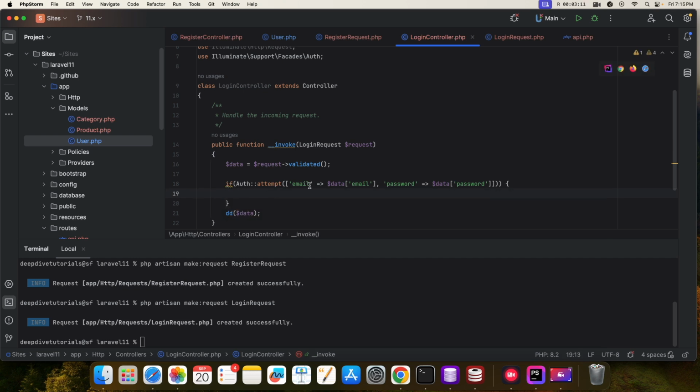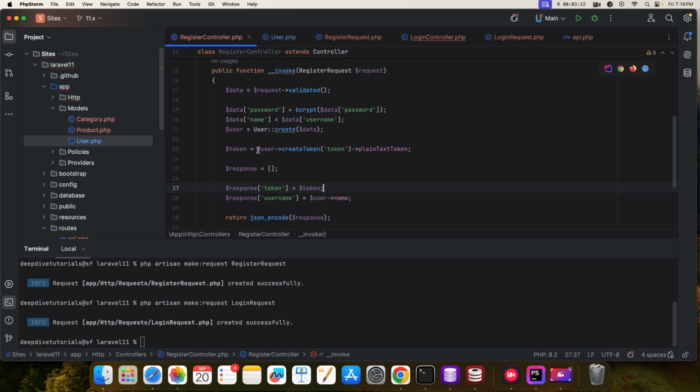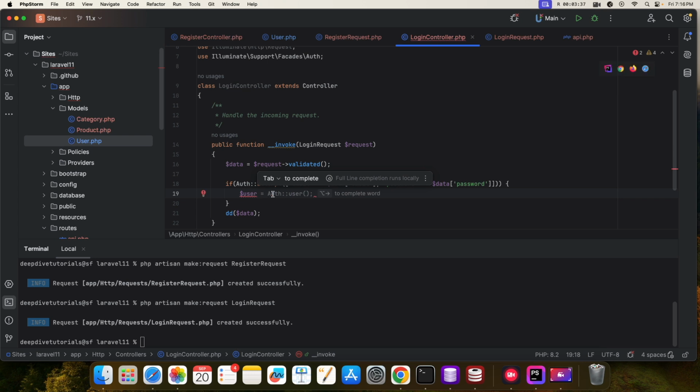If Auth attempt, email, data email, password, request data password, then we are going to use the same create token method that we used in the register controller. So we need to get the authenticated user first, and that we can use the Auth user method,